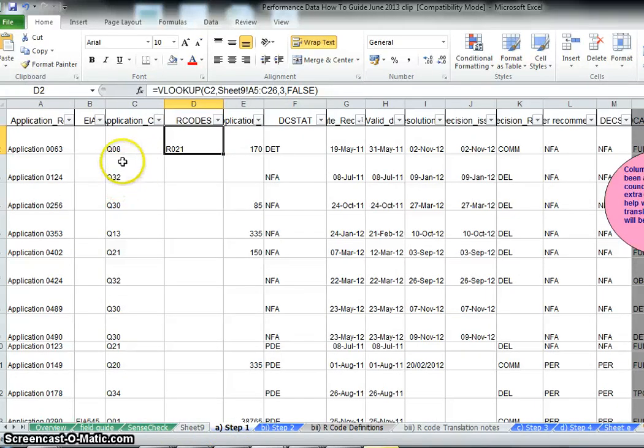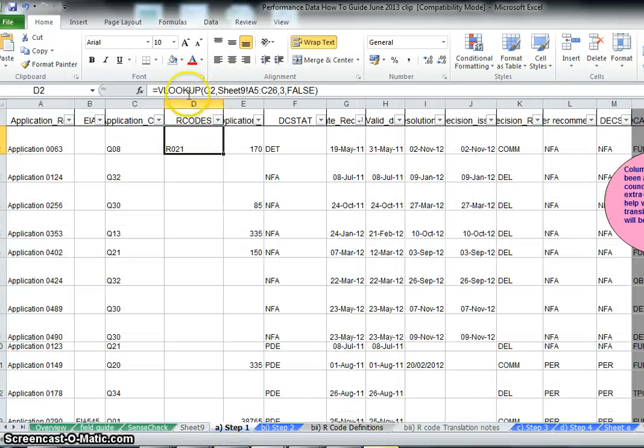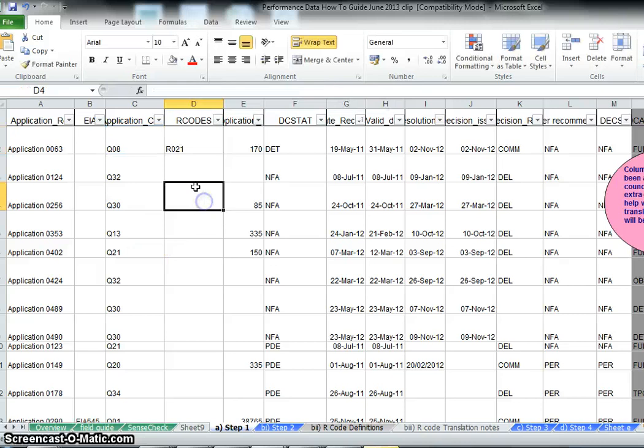So now the job is to translate all of the other codes. Now you can do that really quickly. First of all, you need to anchor this formula because you only want it to read data in these fields here. So in your Vlookup formula, you need to put a $ sign here and here. That anchors the data. You can then drag